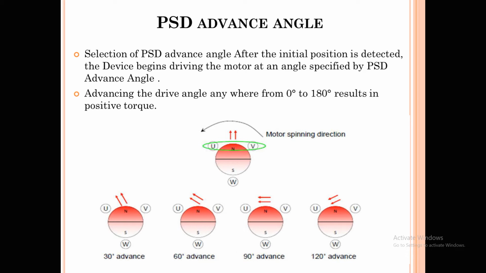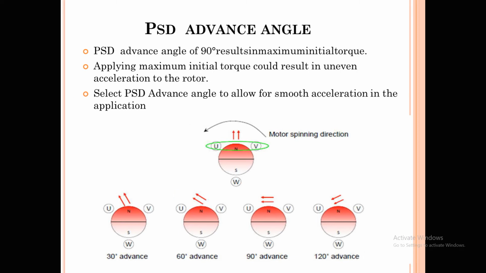Usually in ceiling fan applications I always go with 90 degrees. In some cases, if your motor is not able to take a proper start, you have to go for some other values. Selecting these values totally depends on the physical behavior, how your motor is going to start. For ceiling fan applications and some other applications, I always go with 90 degrees, because it provides the high torque. As we have discussed, 90 degree always provides you the maximum torque.